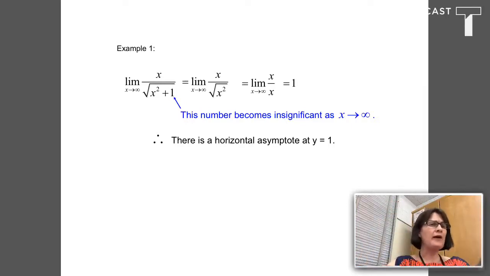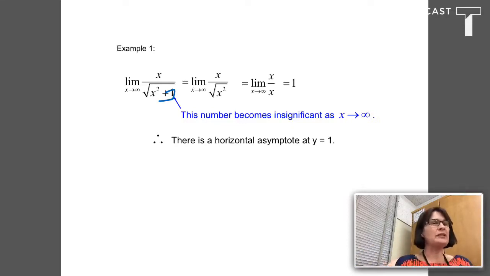So if I want to investigate the limit of x over the square root of x squared plus 1 as x goes toward infinity, imagine plugging in bigger and bigger x values. This little 1 down here has less and less and less power over the outcome as x gets bigger and bigger and bigger. So we could say that that plus 1 down there becomes insignificant as x tends towards positive infinity,